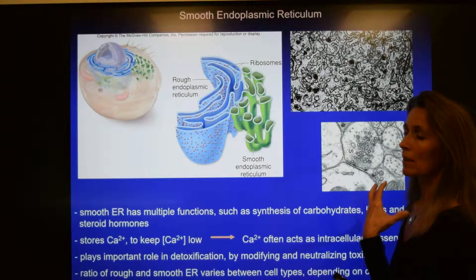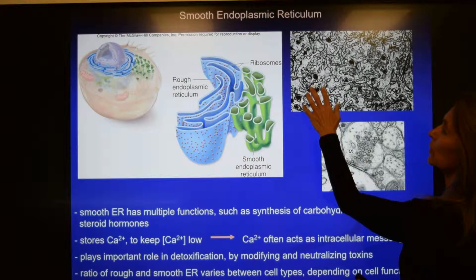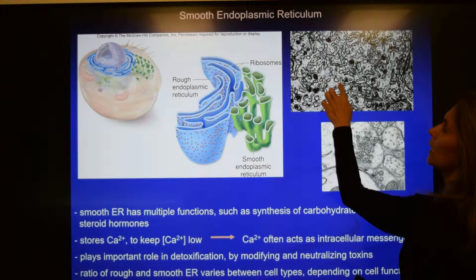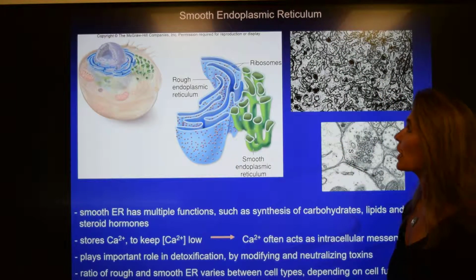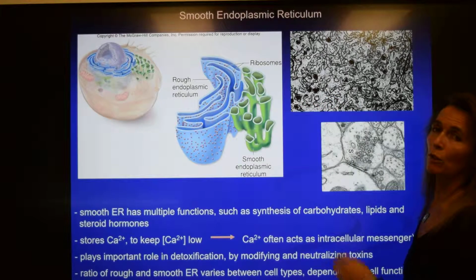And these substances need to be cleaved, and a number of the molecules and enzymes that are important for this are contained within the lumen. And here is an example of a liver cell that has all these membranous stacks of the smooth